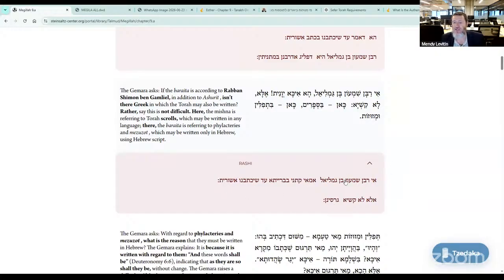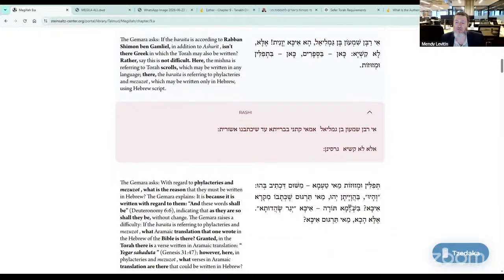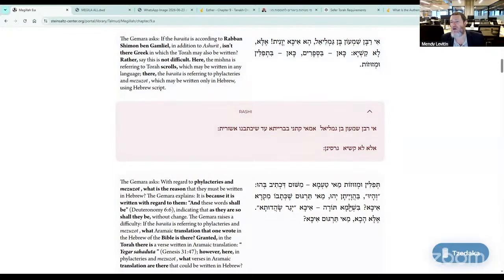Okay. So the Rashi just says that Reb Shimon Gamliel, why does it say it has to be written in proper Hebrew? You could write it in Greek. So the Gemara says you can't say it's talking about that. Our Brisa is talking about tefillin and mezuzos. Why can't we say the Brisa again? So you have